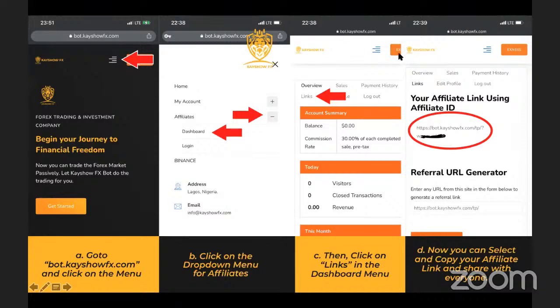Now, to monitor what's going on with your affiliates, and to also get your link, the same way I have my own link, you can also get your own link. So to do that, you click on the menu. Don't forget, I told you that once you register on our website by purchasing a trading pack, an affiliate account is automatically created for you. All right. So to now log into your affiliate account, you click on the menu,